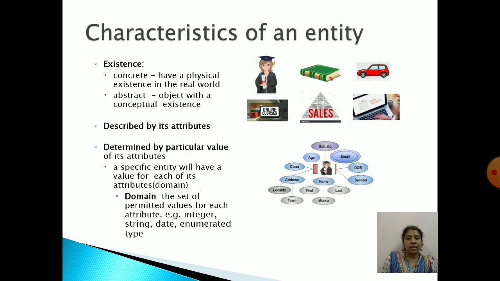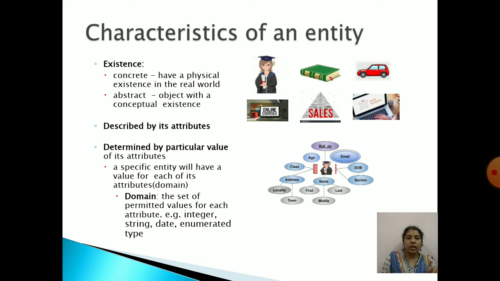Now these entities will be described using their attributes. Each entity will be described using the attributes. For each entity in the entity type, that means if I have 10 students, then each student will have certain values assigned for the attributes.